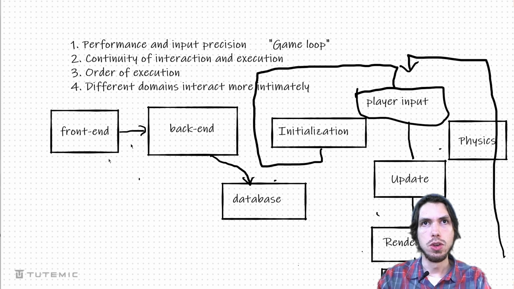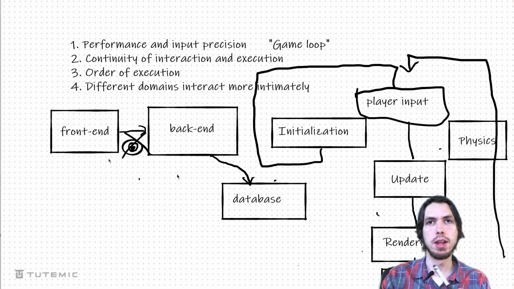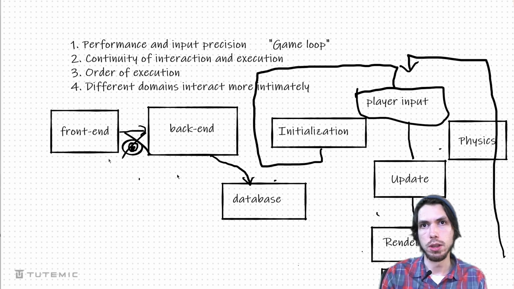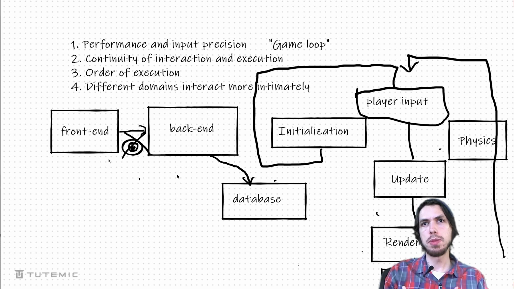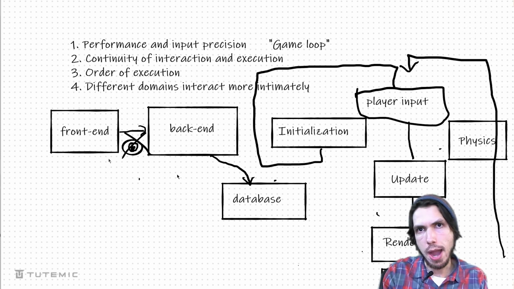So there's no real visibility. I'll draw an eye here, like a little icon, right? No visibility between front and back end. They don't know what each other are doing. All they need to know is that the back end's like, oh, I received a request. And the request is in the form of some kind of little package of data from a form. And then it's like, okay, I received something, and then I'll give something back, right?